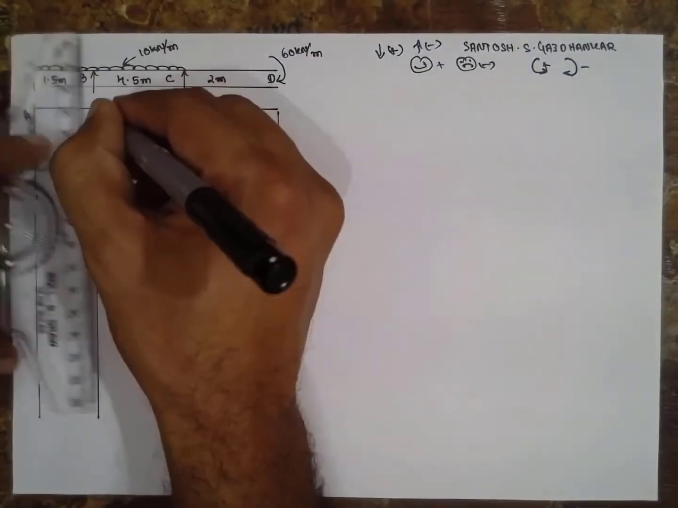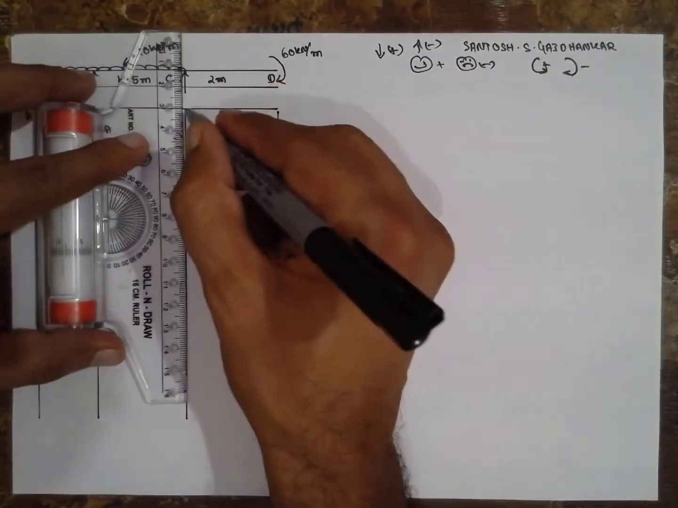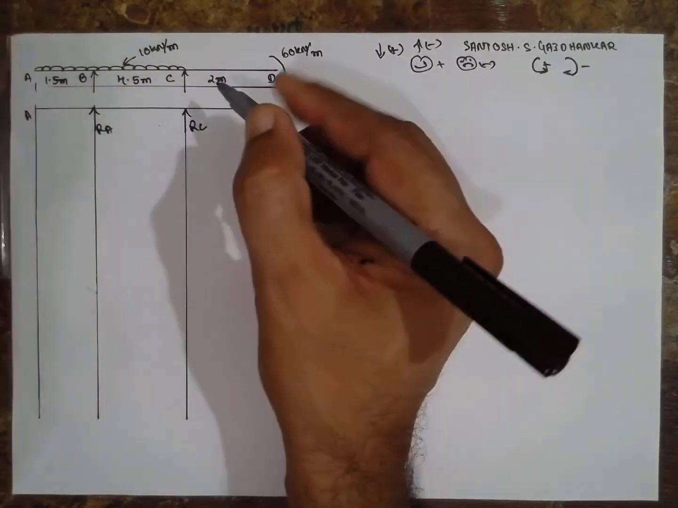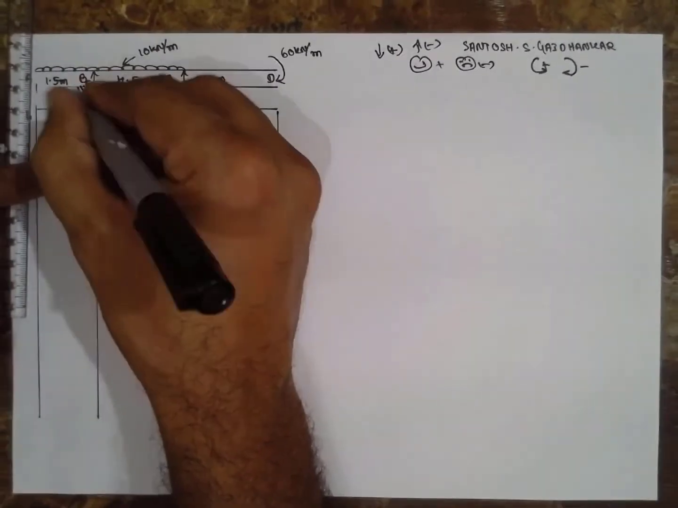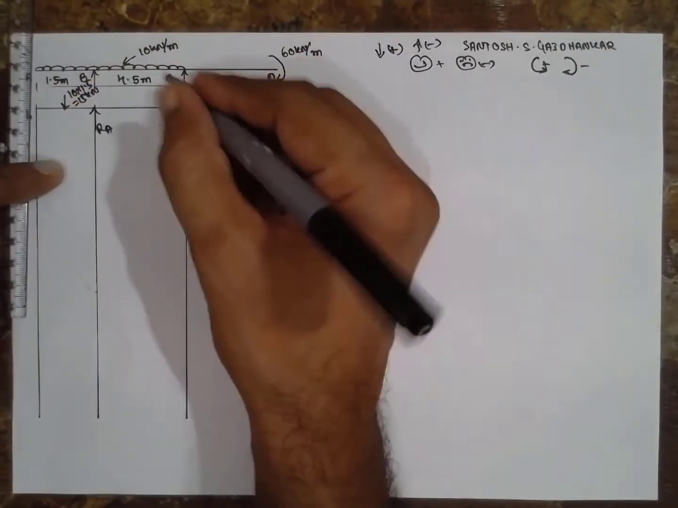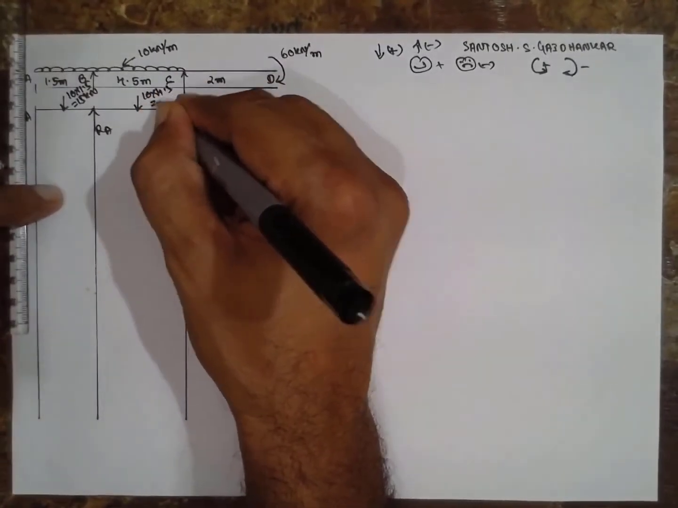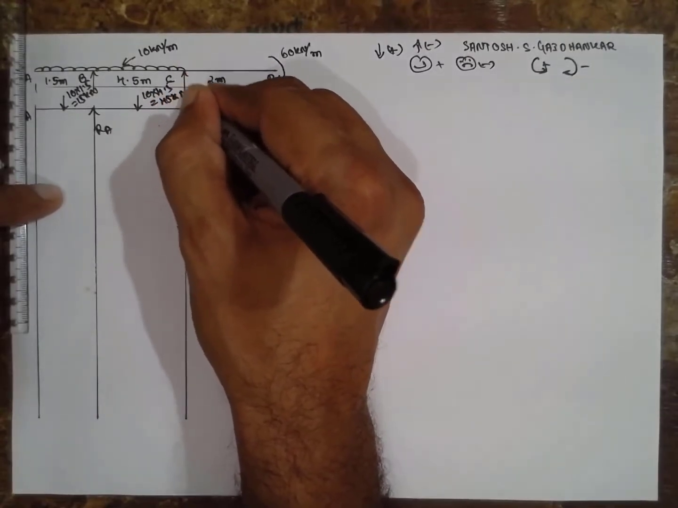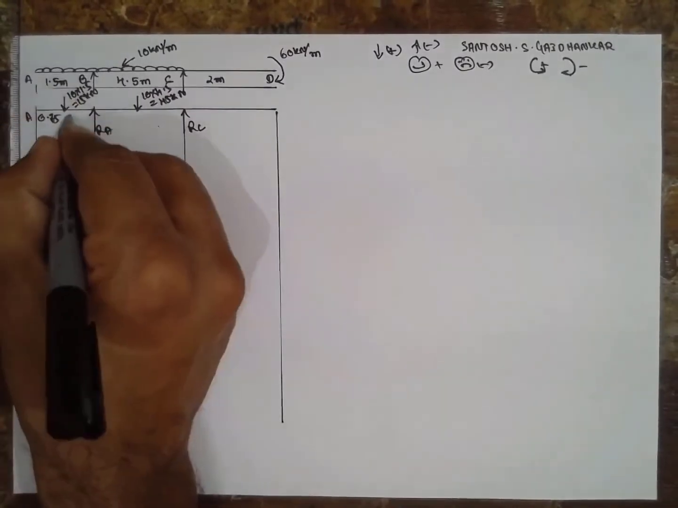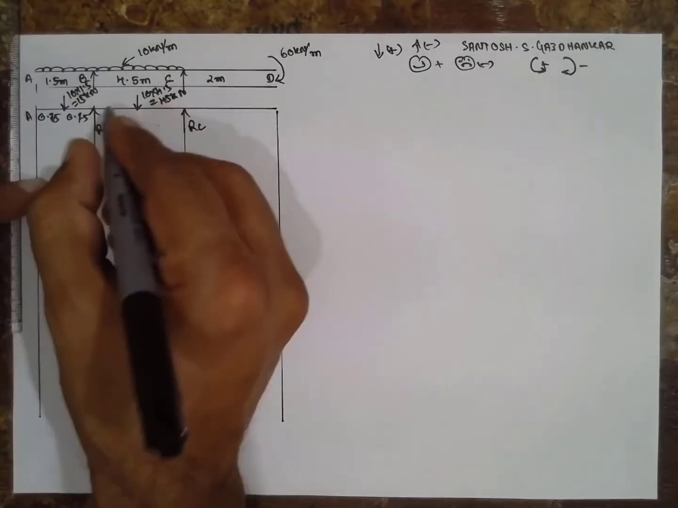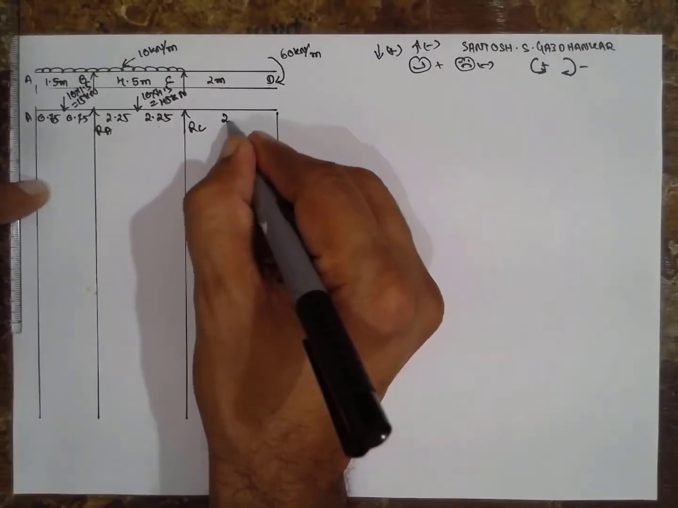This is A, RA, RC. Point load 10 into 1.5 becomes 15 kilonewton. Here, exactly at the center, 10 into 4.5 is 45 kilonewton. 1.5 here, half of 1.5 is 0.75 on this side, and half of 4.5 is 2.25, 2.25, and 2 meter, and